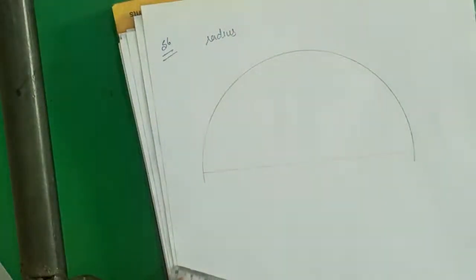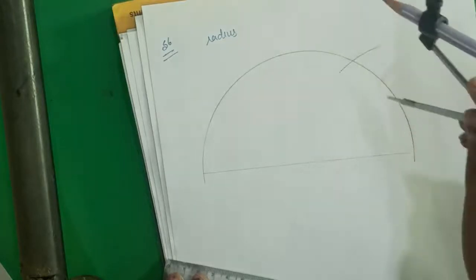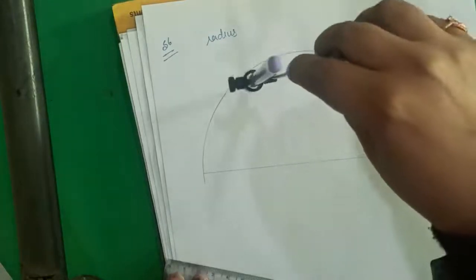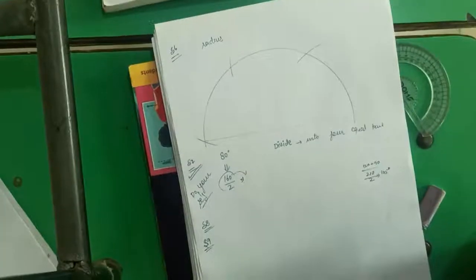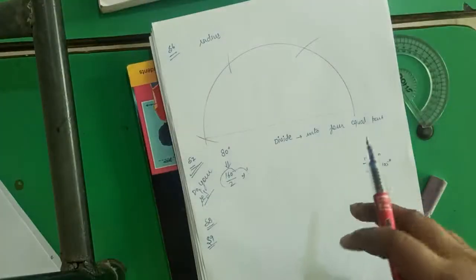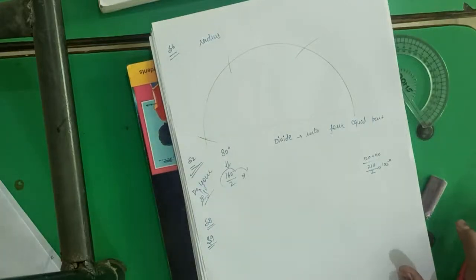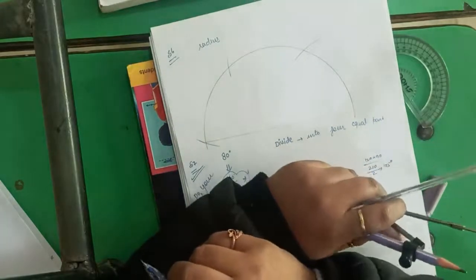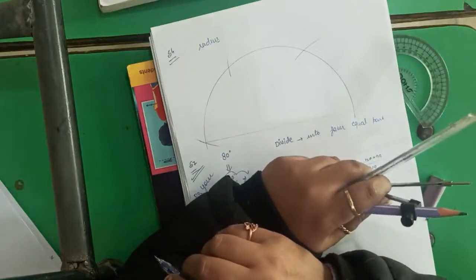Now, can you think of a method to divide it into 3 equal parts? So 3 equal parts. First arc, second arc, and this one will be the third arc. Yes. So beta, this is the way to divide the angle into 3 equal parts. With the help of arc, we can divide any semicircle in 3 parts. Now after this, S7 is, construct an angle measuring 80 degree and divide the angle into 4 equal parts using